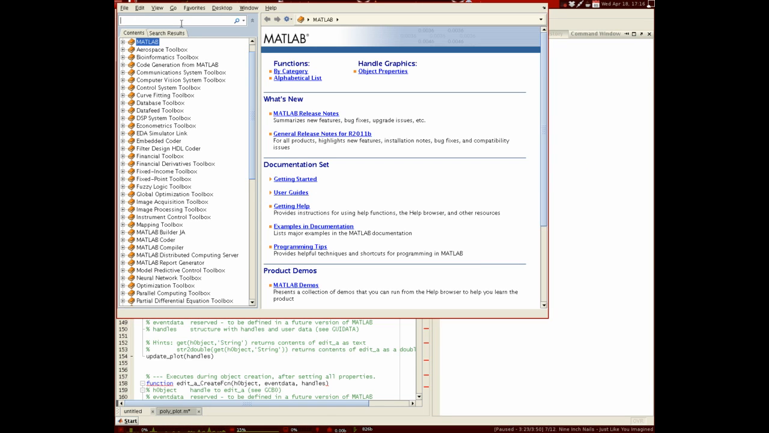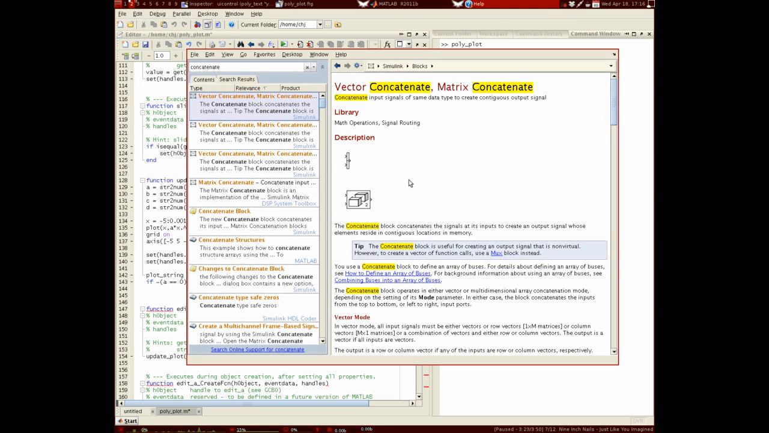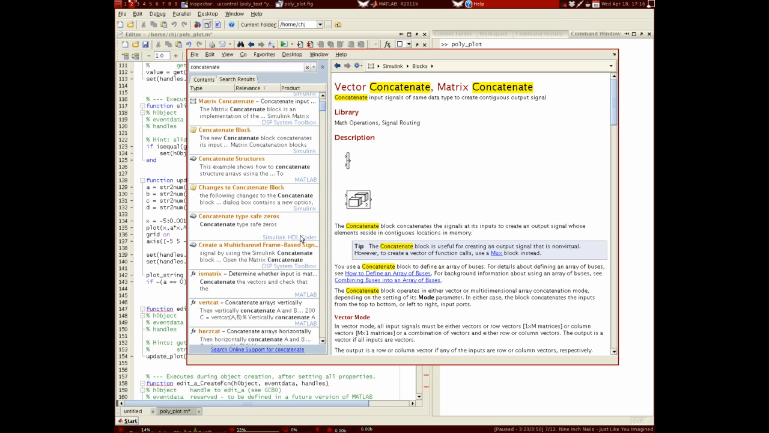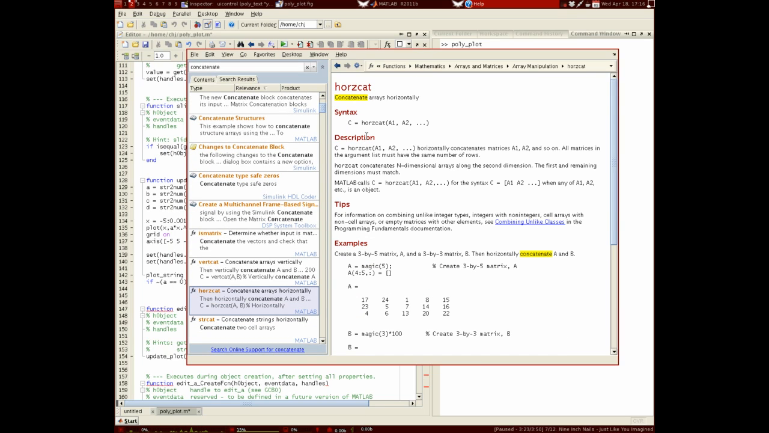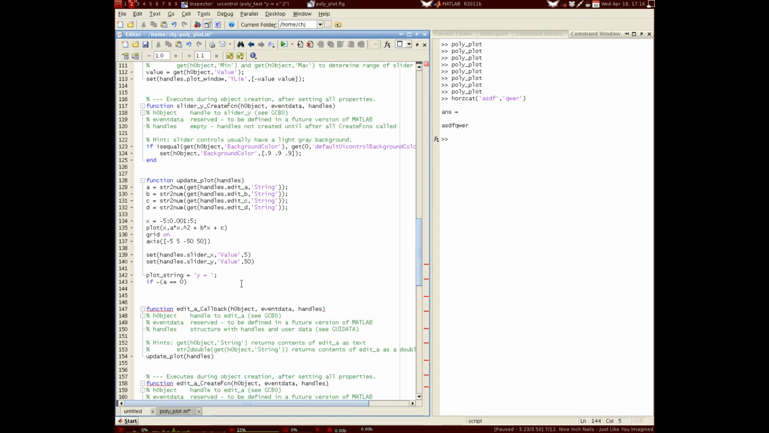What I need to do now is determine a function that might concatenate. So I'll go into my help browser and search for concatenate. That's not exactly what I want. Horizontal concatenate looks like a winner. Okay, horzcat, if I test this with just a couple of text strings, there it is. So that's what I want. So what I'll do is plot string is equal to horizontal concatenation of plot string with